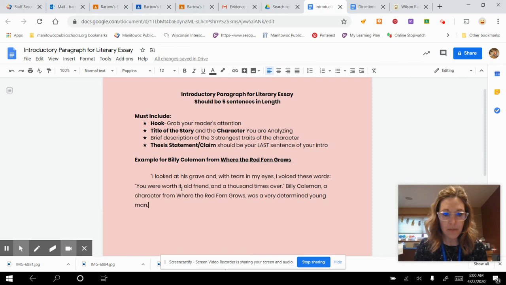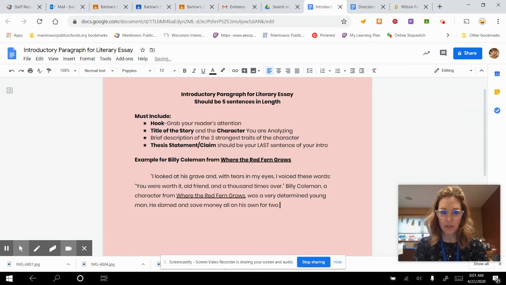Now Where the Red Fern Grows, that's a book, so I need to underline that. Okay, so now I'm going to talk about how he earned and saved money all on his own for 2 years.